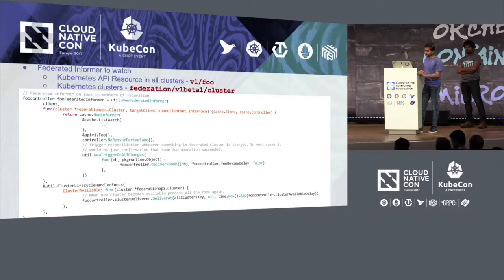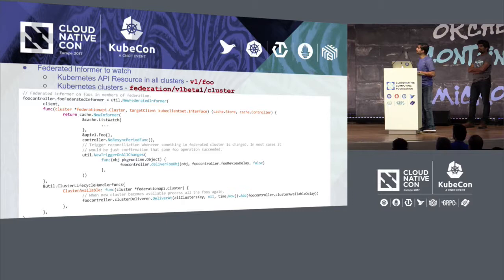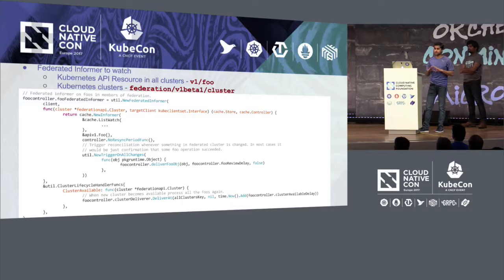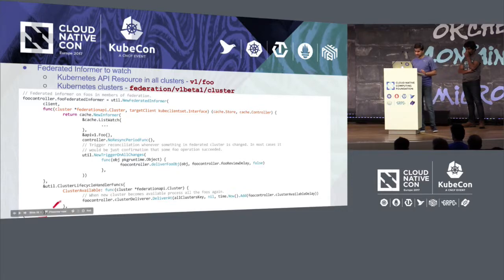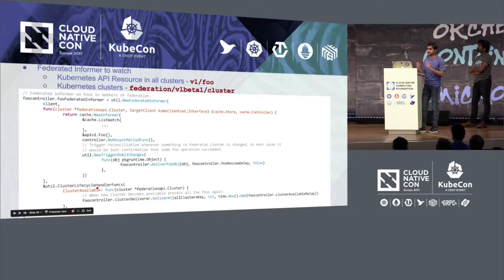You can go and look at one of the controller files, but the concepts are important. So this setup looks very similar to the previous setup. It's just that here you're watching for the objects in all the underlying clusters, every cluster that is part of Federation. And in the bottom here, you also say you're watching the clusters themselves, the clusters object that I talked